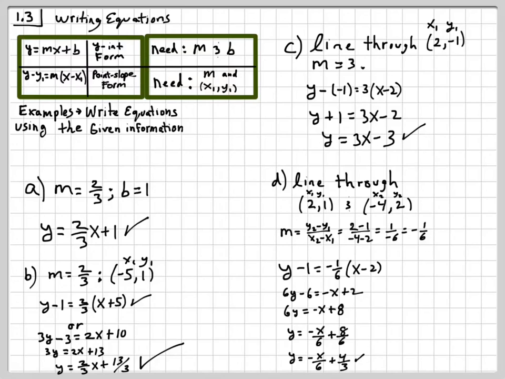And then, I just get the y by itself. I add 6 to both sides and then divide by 6. And I get the answer of y is equal to negative x over 6 plus 4/3. The slope in this case is negative 1/6, and the y-intercept is 4/3. And that's done. Now the next example,